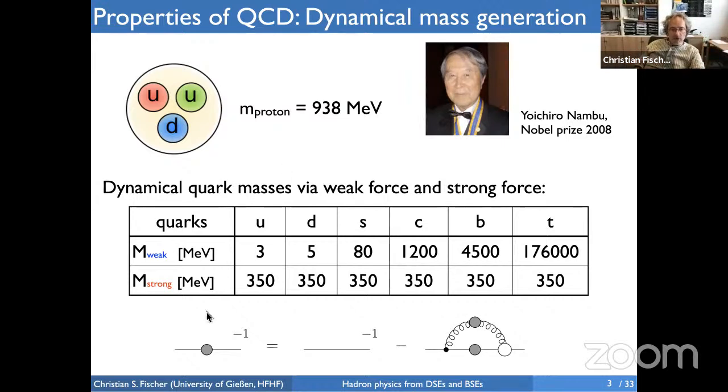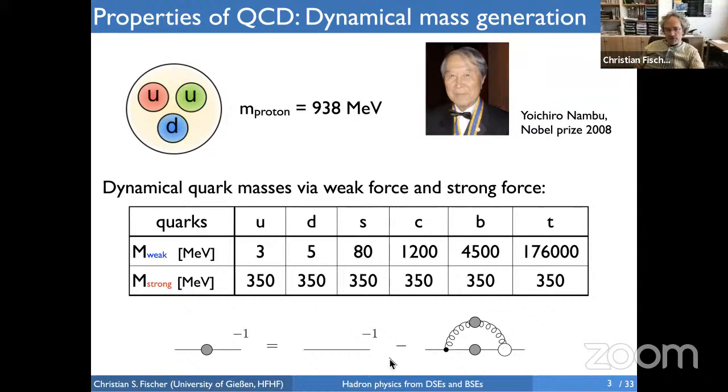Let's have a brief look at the structure of this equation. On the right-hand side here, what I denote with this dashed line is a quark that goes through space and time without any interactions. That's a bare quark as expressed in the Lagrange density of QCD. And then we have a self-energy diagram, which explains all the infinitely many ways how a quark can interact with itself, namely by emitting and absorbing gluons. 1 gluon, 2 gluons, 50 gluons, infinitely many gluons.